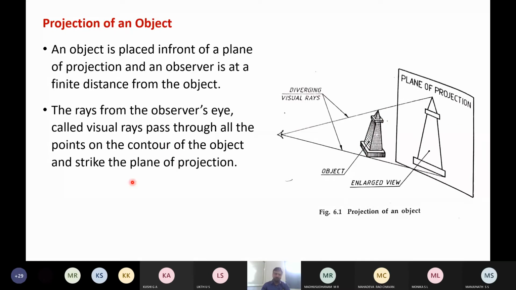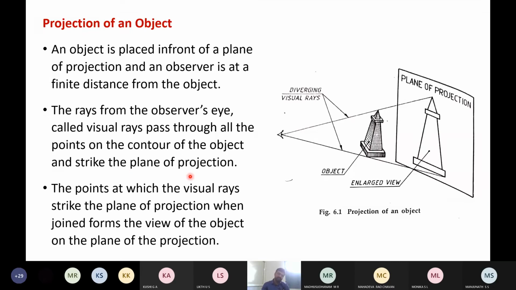This is one such point and this is another; there are n number of points. The points at which the visual rays strike the plane of projection, when joined, form the view of the object on the plane of projection.